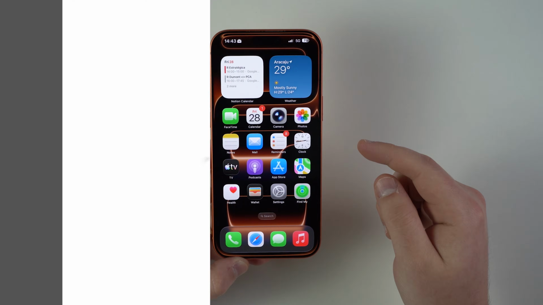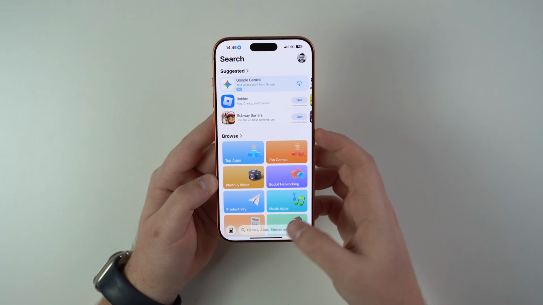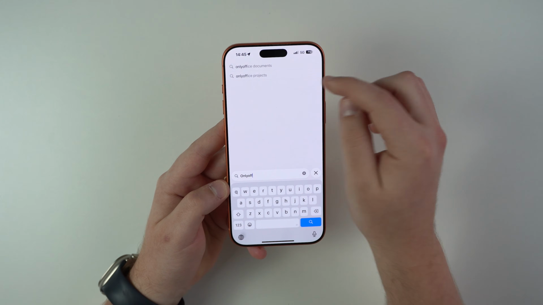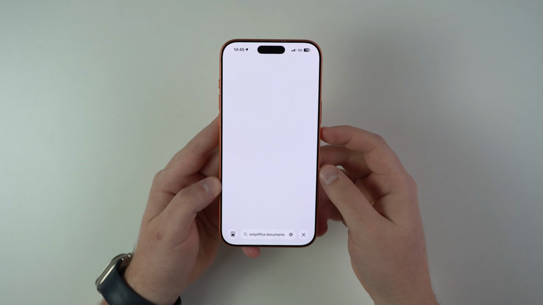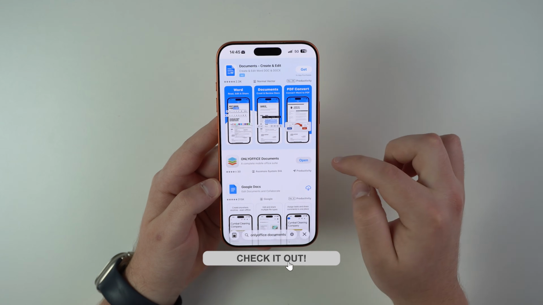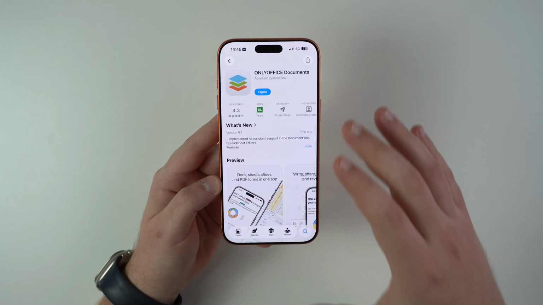You're gonna love this. The first thing you have to do, of course, is open up the App Store, go to search, and then search for OnlyOffice. Just like that, we've got here OnlyOffice Documents. Of course, I'm gonna have a direct link in the description. That's the app right here, OnlyOffice Documents, and you can just tap on the description and you're gonna come straight